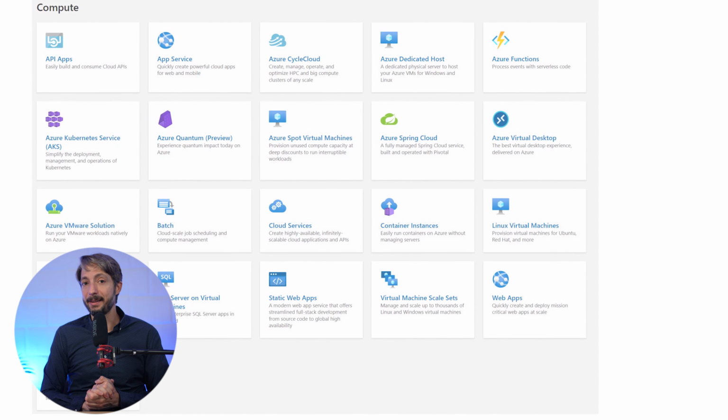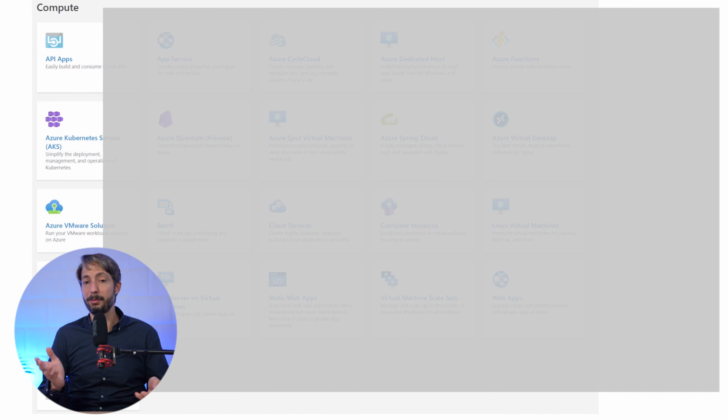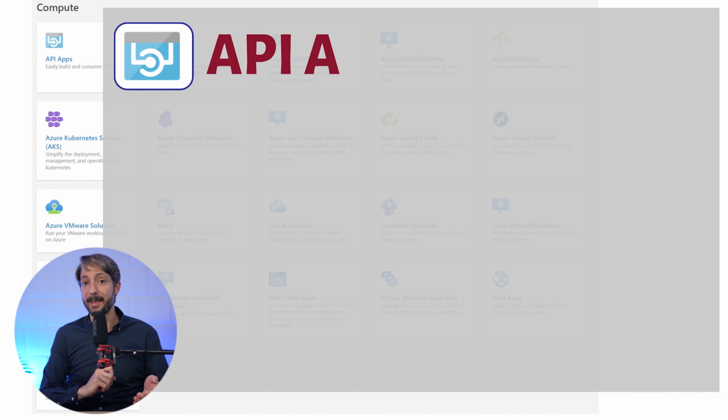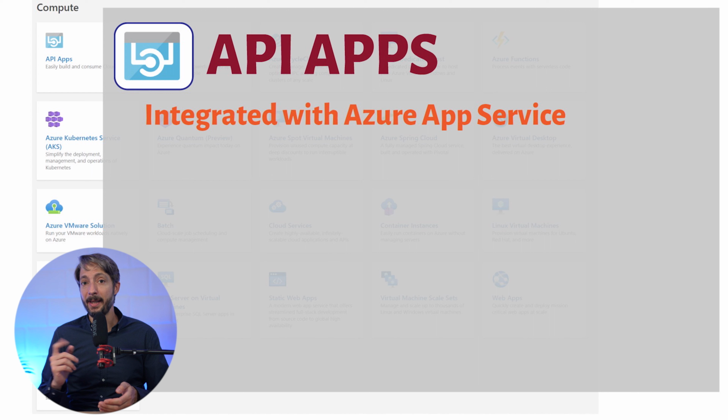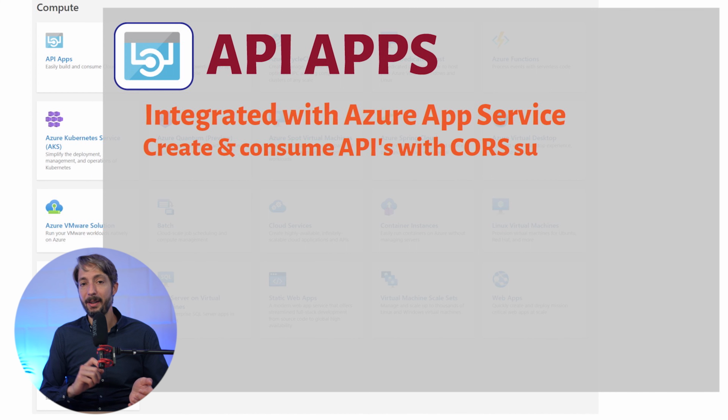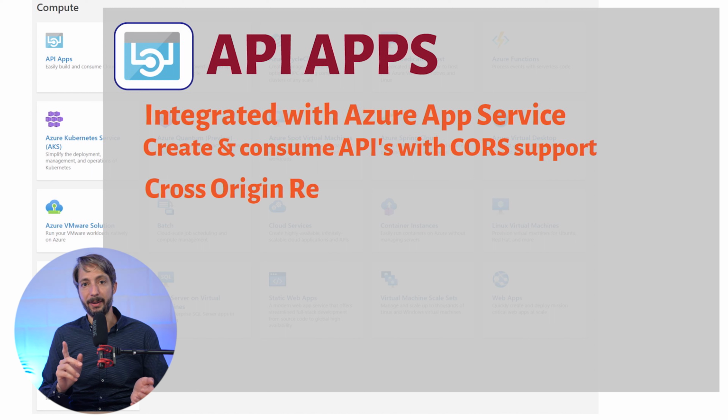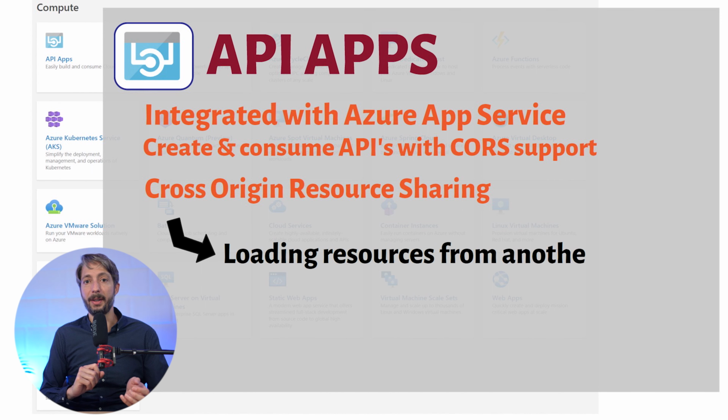Now, looking at the different services, we see first we have the API apps, which is tightly integrated with the next block, the Azure App Service. API apps allows you to create and consume APIs on any website and even support CORS. CORS is cross-origin resource sharing, meaning you can load resources from another domain than the one that you are